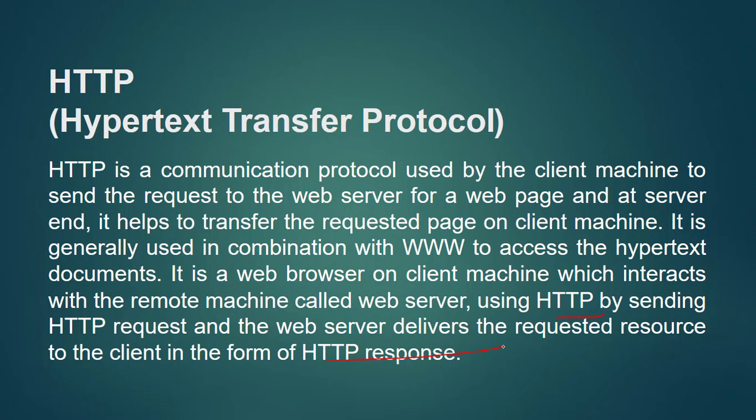by the web server. Let's take an example. Suppose you want to access your profile in Facebook. So for that you will click on that button of profile. When you do so, that click will be considered as a request, and a request will be generated and sent to the Facebook web server. Then in the Facebook web server, that request will first be authenticated and your ID and password will be checked, and then your page will be given to you. Fine. And that is termed as the HTTP response. It means the page that we are receiving is our HTTP response.